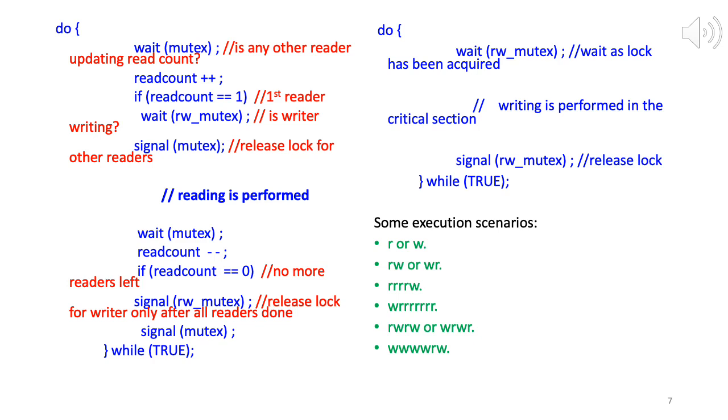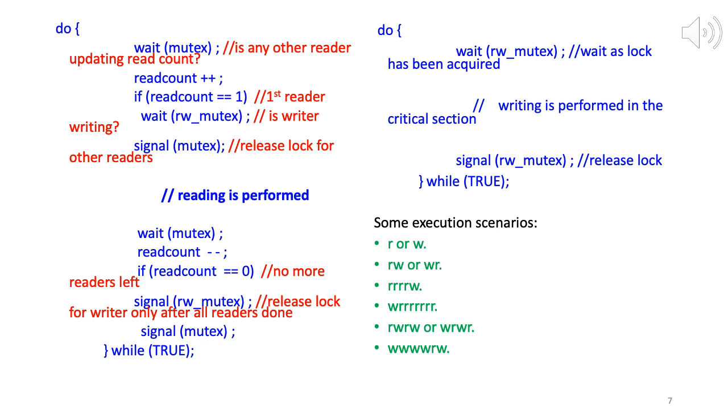So in this, as we had discussed for the problem, precedence or importance is given to the readers. So only when the last reader releases the lock can the writer acquire it. It will have to wait till that time. So what will happen is all these readers will quickly come and read without acquiring the read write mutex lock. All except the first reader, they will quickly come, they will quickly read, and then the last reader will release the lock, and then the writer can acquire it. So the third scenario is also satisfied.